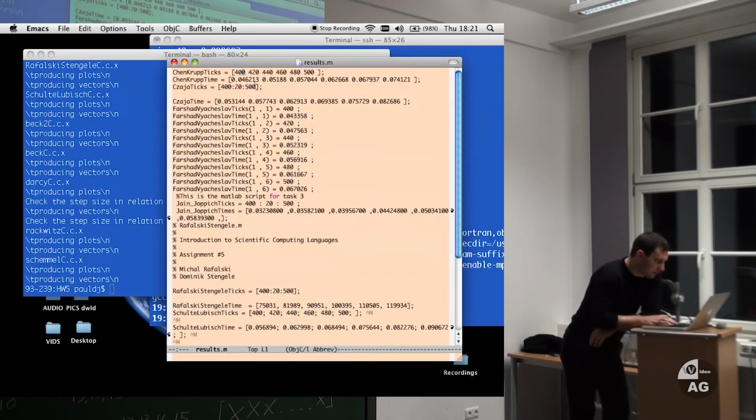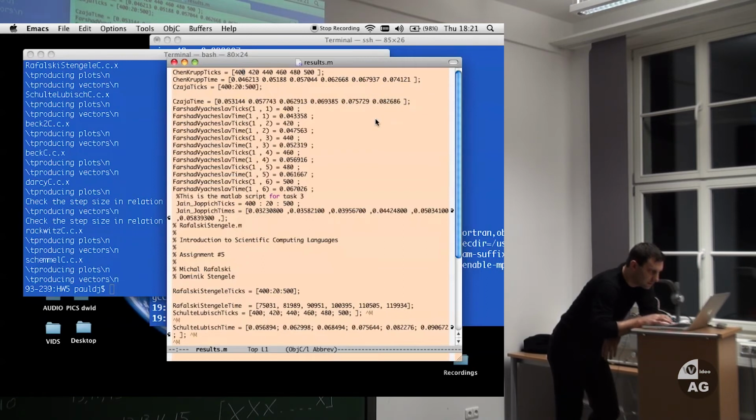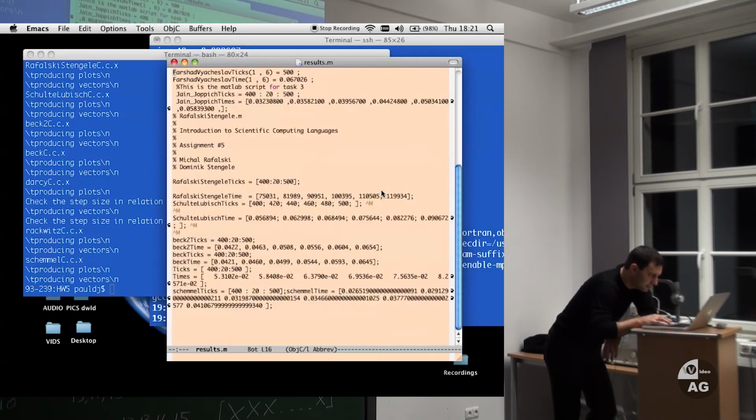I was expecting nice pretty plots, but it's not gonna happen. 0.04, 0.05, looks like Xayah could go. This is definitely faster. I don't really know what to do with this right now.